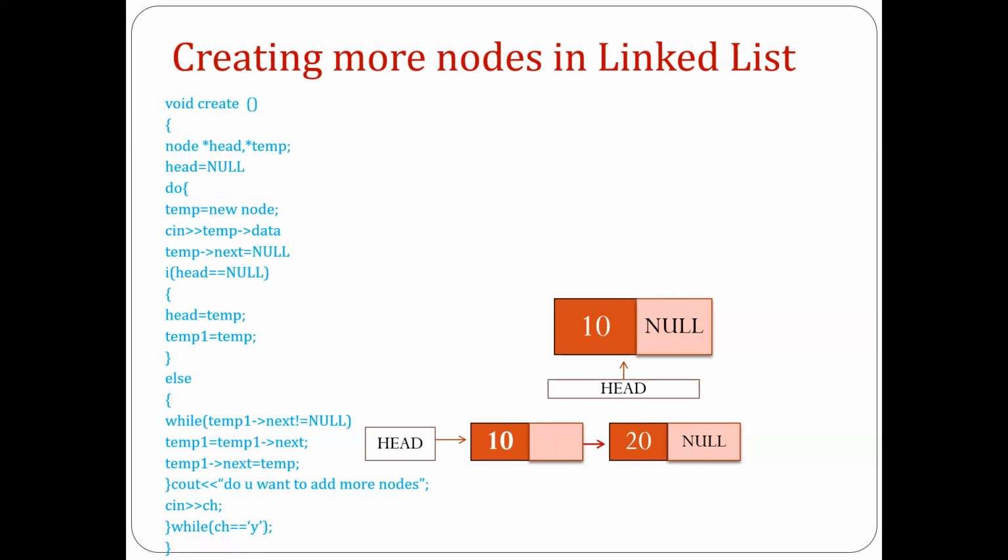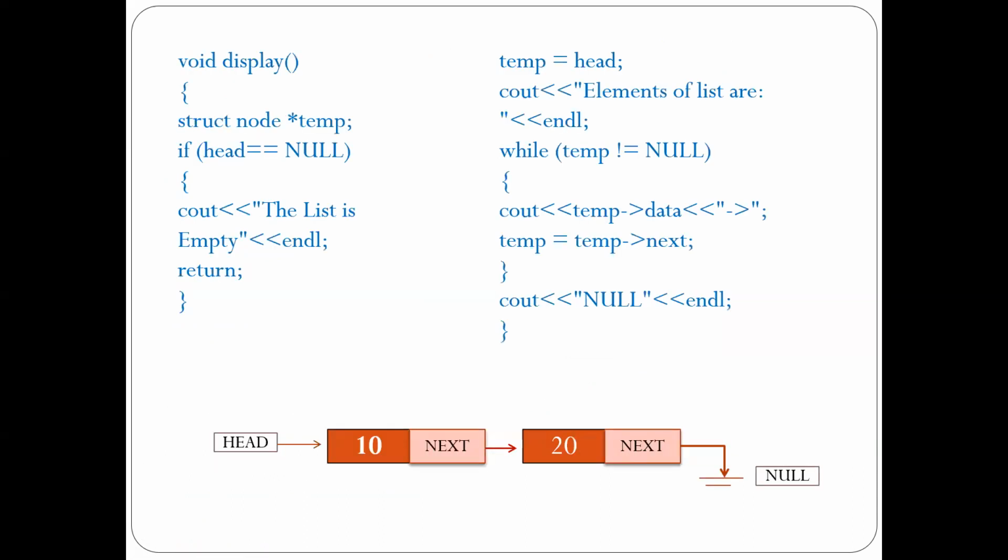So hope you understood this create function here. And now, if we want to display the linked list here, then what do we have to do? As we know, we have the head pointer with us, which tells us the starting or the beginning of the linked list. And we know that in the single linked list, the last node's address field is always null. So with the help of these two conditions, we can easily write the code.